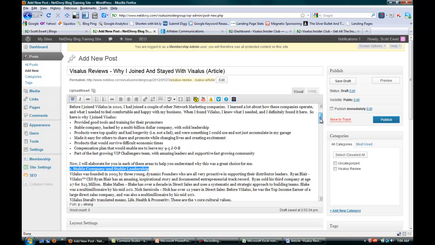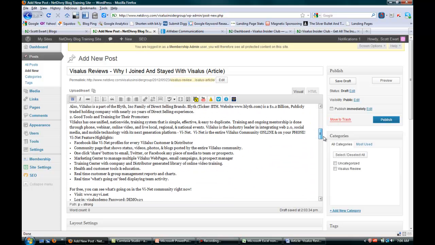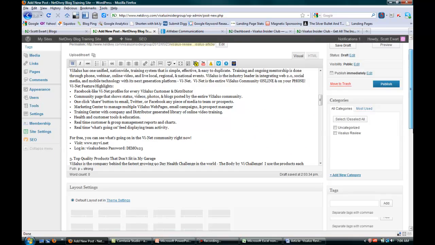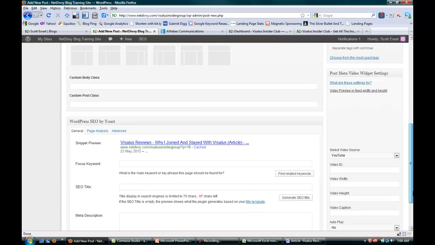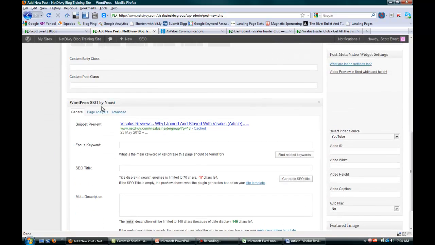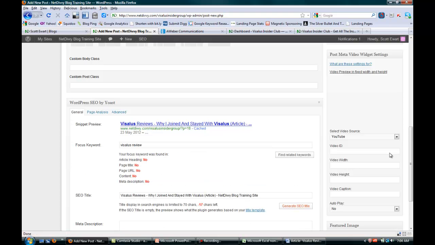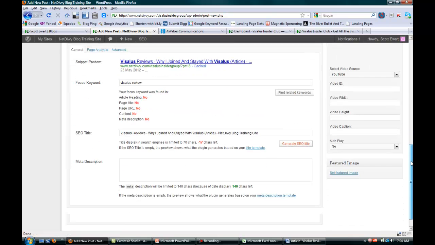And once you do that, then you're set to do a couple more things here. So in the back office here for this, you're going to do a couple things, and this is for SEO. This plugin is here automatically, and under your focus keyword, you're going to again put in what your keyword was here. You're going to click here on Generate SEO Title. So that's going to go ahead and pull in the